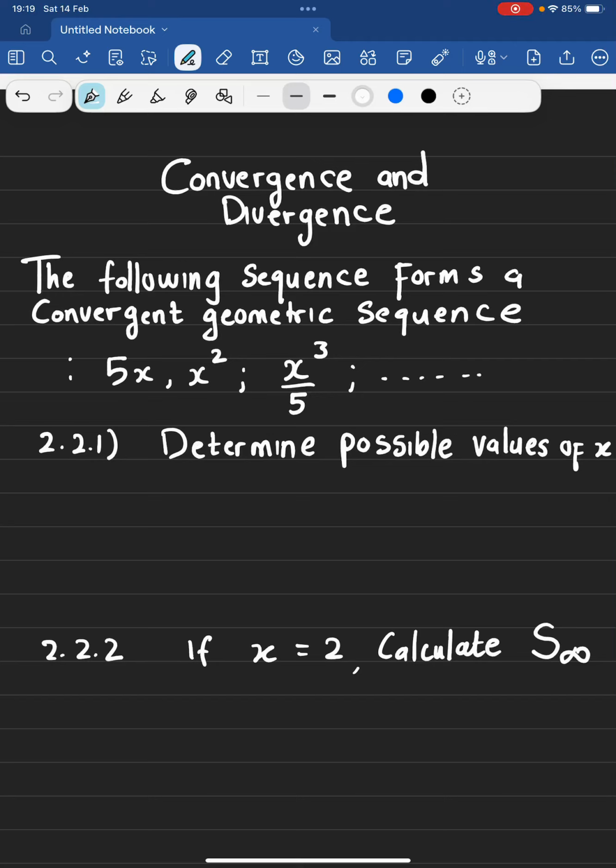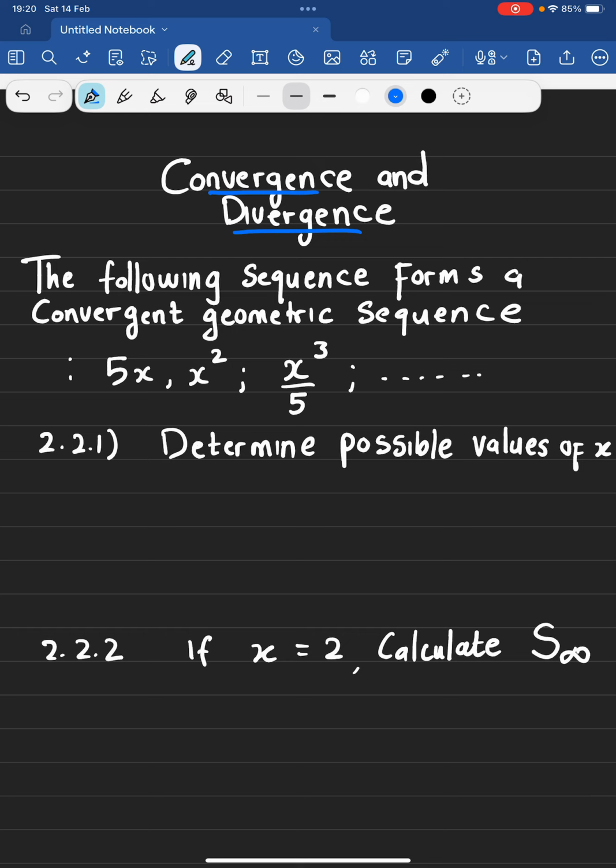So in this question, we're going to talk about convergence as well as divergence. What does it mean to converge, and what does it mean to diverge? Basically, to converge is to approach a certain value. If I'm going to simplify it like that, you approach a certain value, but you may not necessarily reach that